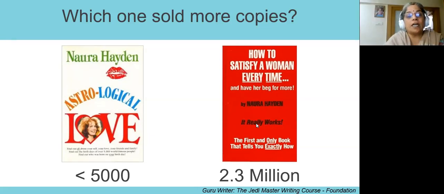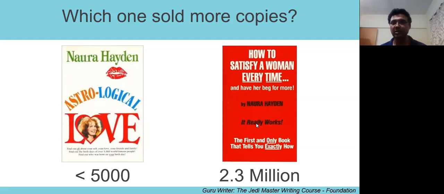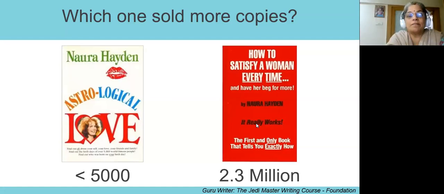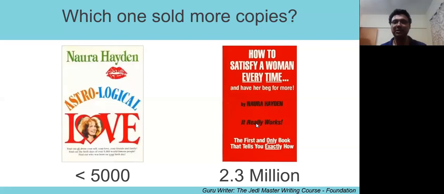So do you think that the book on the left, because of the cover, didn't sell more than 5,000? Yes. It is only because of the cover. So whether you like it or not, people are judging. There is a saying, don't judge a book by its cover. But human beings are still compelled by our internal logic or our internal systems. So, coming back again, what matters is not just what you have to say, but how you want to say it. So the first step of saying something is writing the speech here, right? In terms of speech writing, which is what we're going to talk about, what we're going to deal with here.